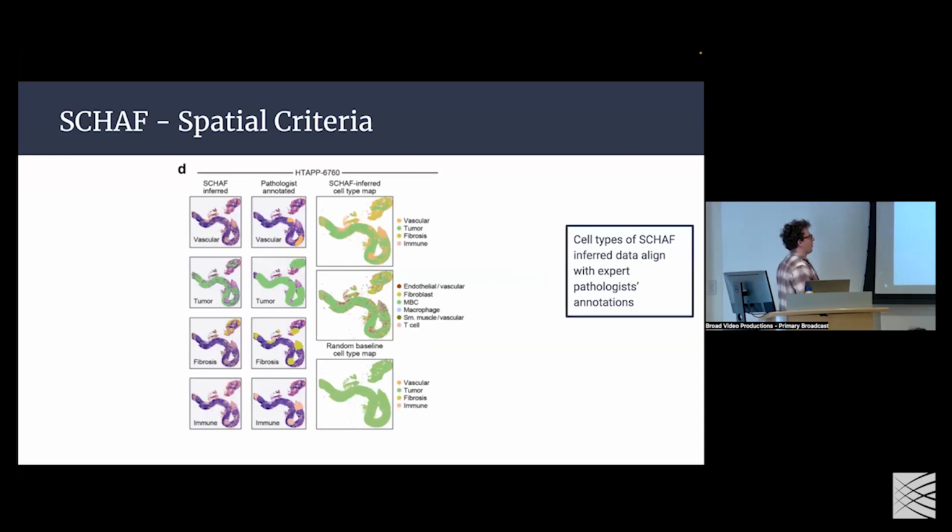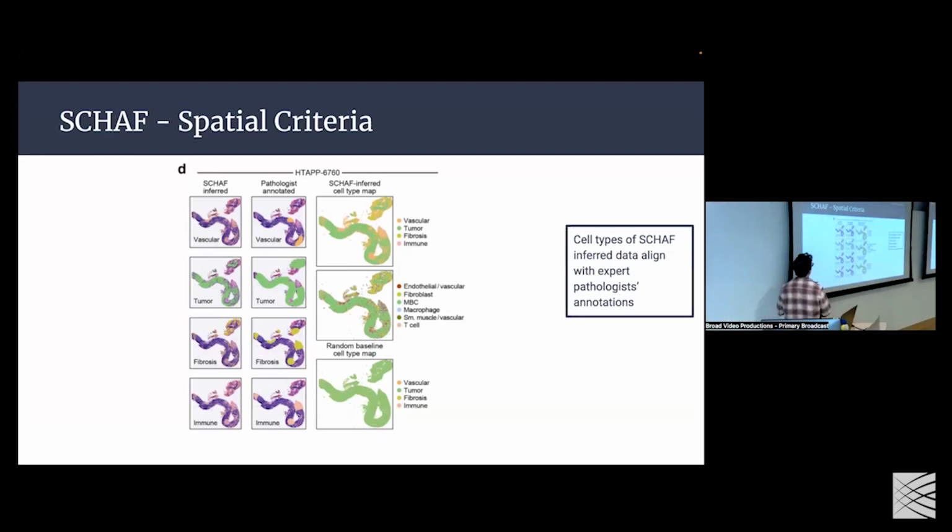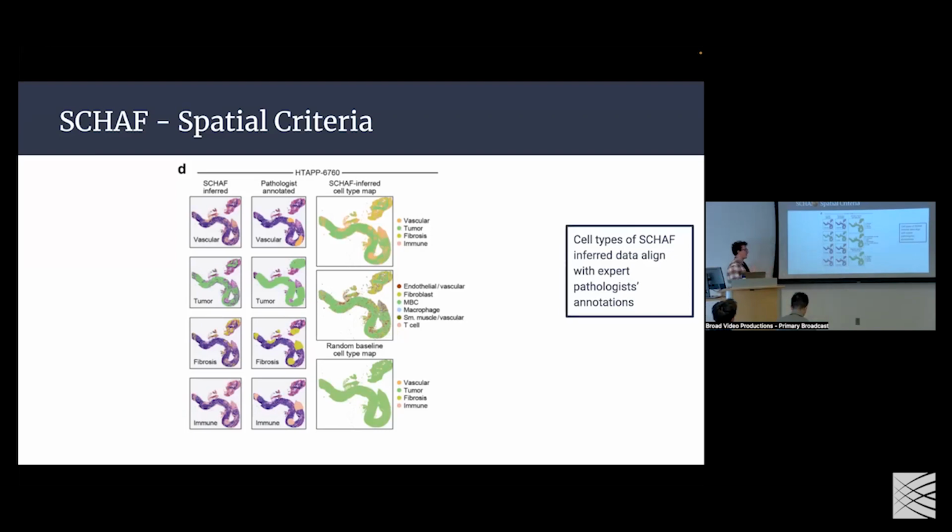And then what is, to me, the most aesthetically pleasing, but also probably the most encouraging result, is that we can look at a visualization of cell types. I think this is a very nice summary panel. Say we have a histology stain, seen in the top left, and we put it through our model and get the spatially resolved transcriptomic data. Then we can do cell type labeling. I'm not going to go into the specifics, but there's very basic automated cell type labeling that we can do. Once we have that, you have what we have in the far right column: our tissue, color coded according to cell type.